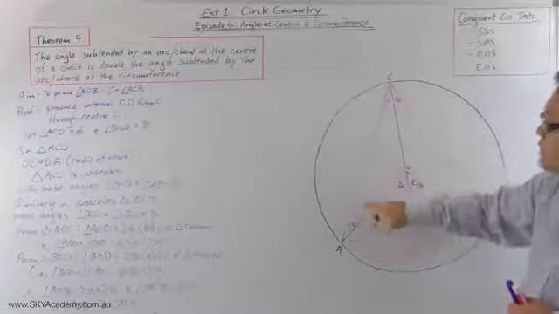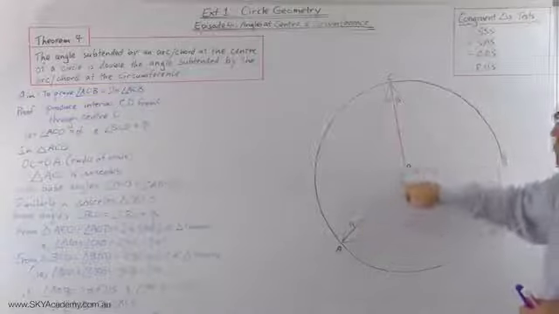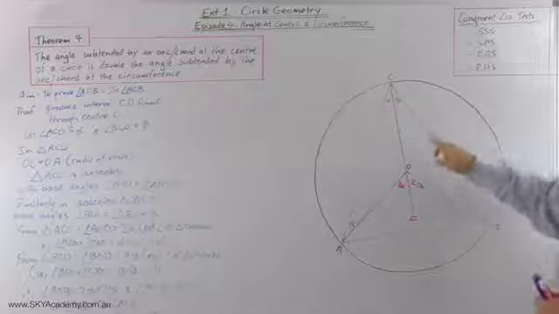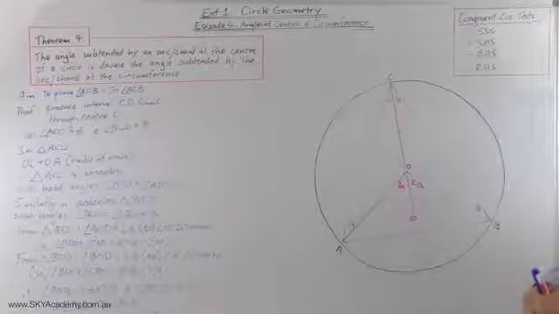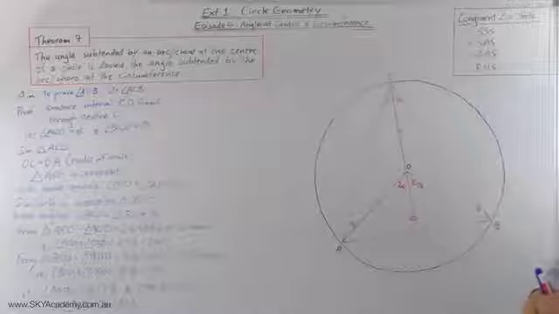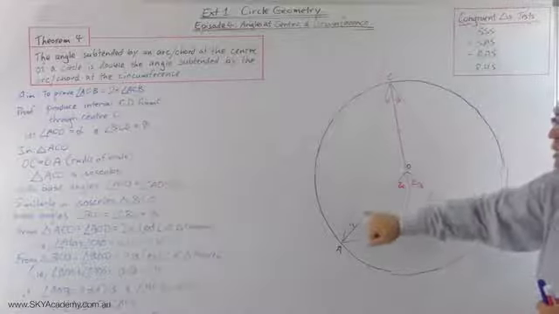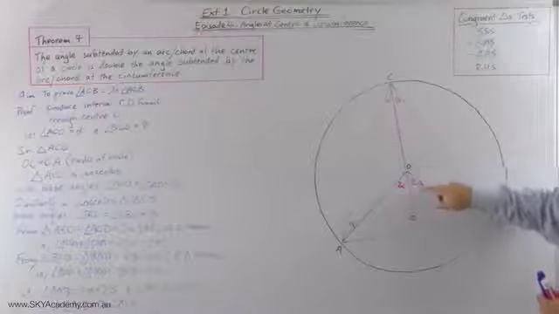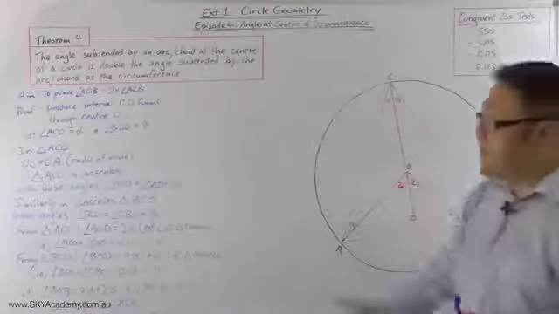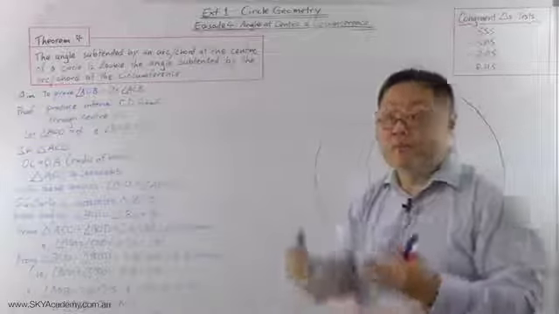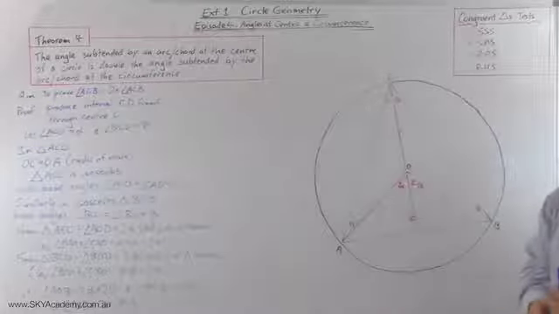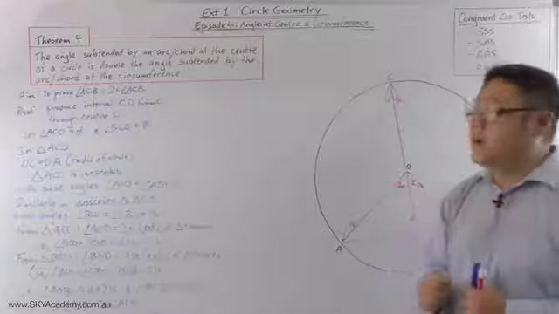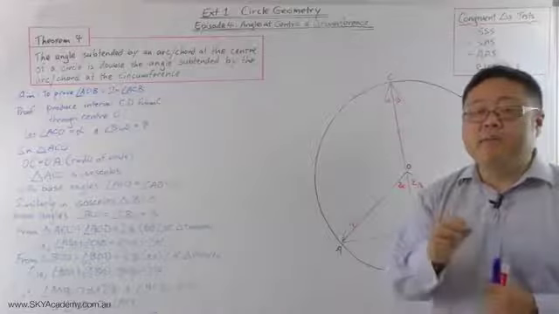These two angles are equal because they're isosceles triangles, where the radii are equal, so they're the base angles of an isosceles triangle. Similarly, these two angles are equal because they're the base angles of an isosceles triangle. Using the external angle of a triangle theorem, this plus this should give you that, and that plus that should give you that. So this angle is going to be twice that angle, and that basically is the proof for this particular case of this theorem. All right, I'll give you another case to look at,